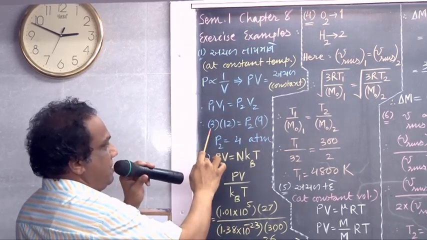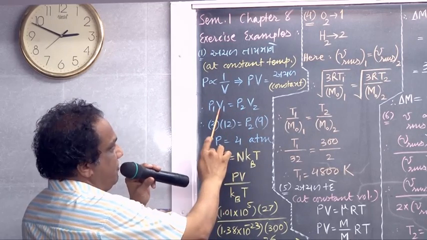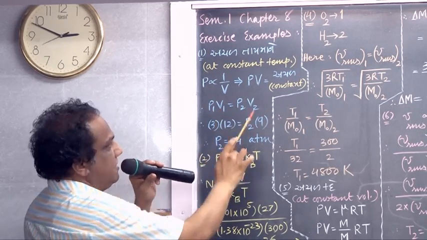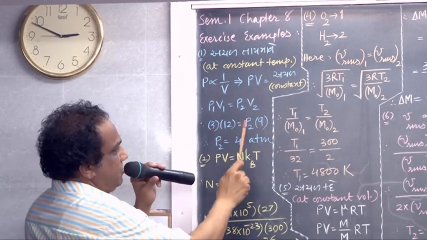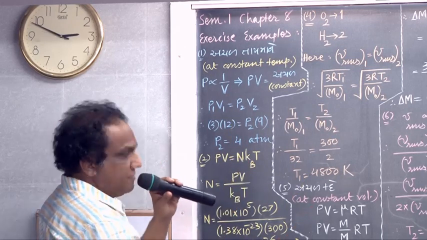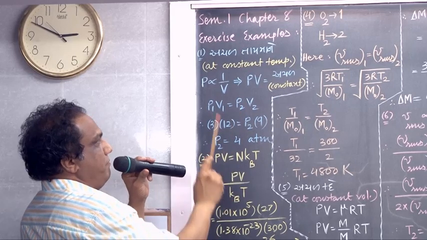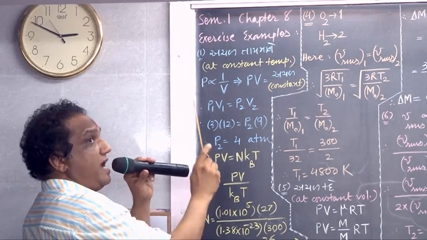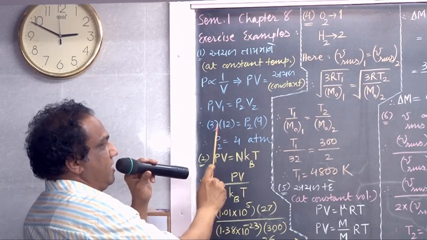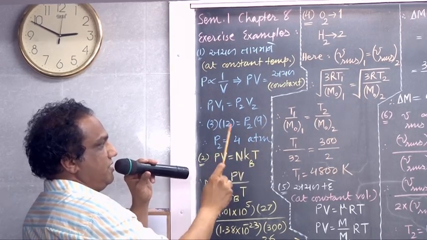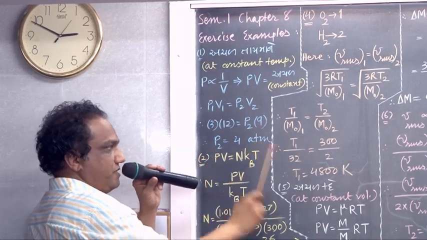First pressure 3 atmosphere. Second pressure we want to find out. First volume 12 liter. Second volume 9 liter. Leave them in liter only because liter and liter will get cancelled. Whatever is the unit of first pressure, same will be the unit of second pressure. Because you have taken P1 as 3 atmosphere, P2 is 4 atmosphere. 12 times 3 is 36, 36 upon 9, that is 4. Because this was taken in atmosphere, this will be found in atmosphere.